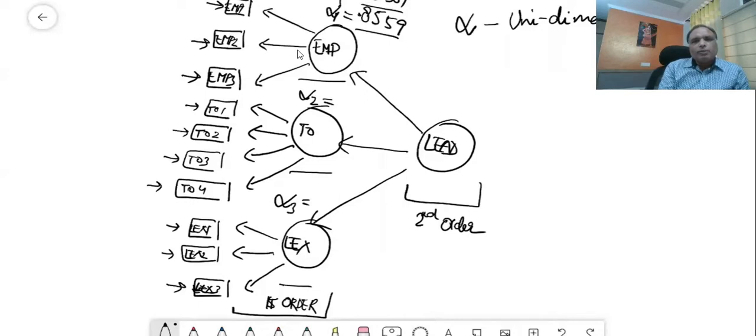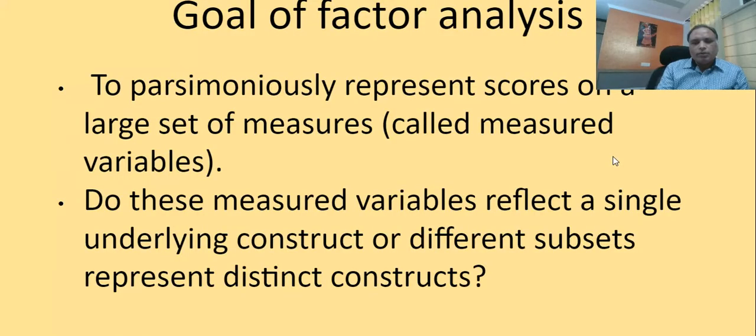What is unidimension? For this particular dimension we need to calculate the reliability of items 1 2 3, its Cronbach alpha, then the Cronbach alpha of this second one, then the Cronbach alpha of this third one, and finally we sometimes calculate the combined alpha also, right? So what is unidimensional? This one is unidimensional, this second is unidimensional, this third is unidimensional. This is second order, this is first order, and these are items. I hope now you get this.